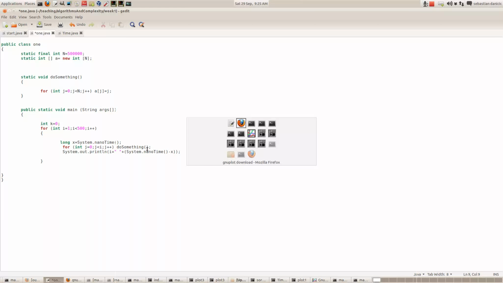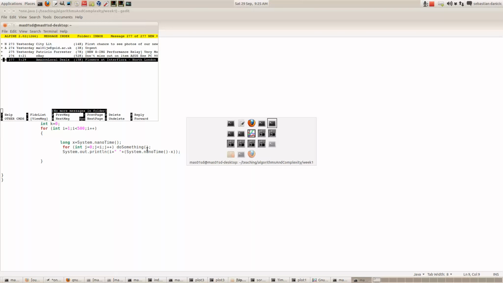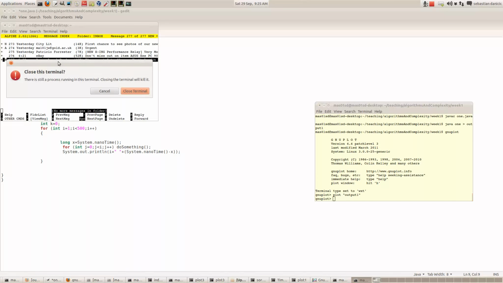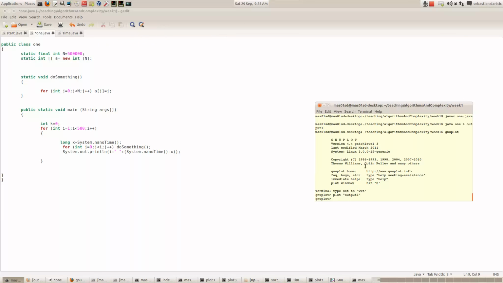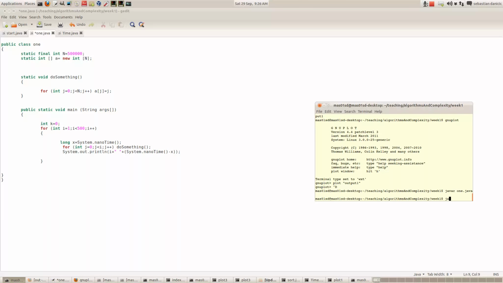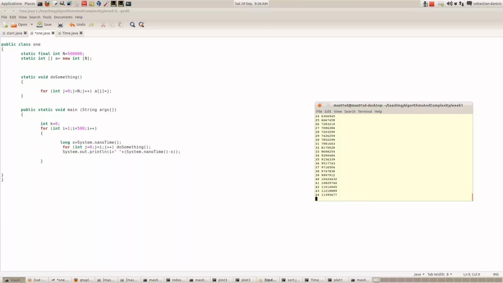So let's run this program. Get rid of my email there. So where do we run it? Let's compile it first just to check we're compiling the right version. And if I run it by saying Java 1, you see it's